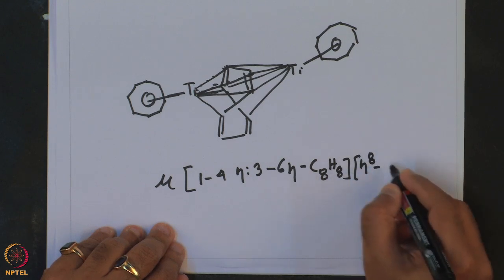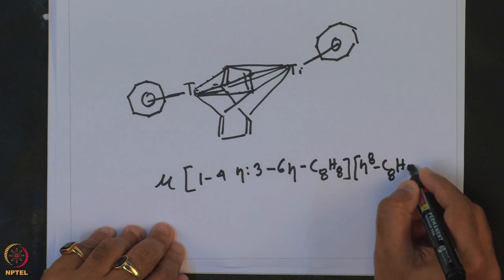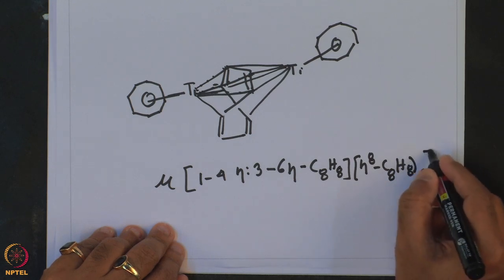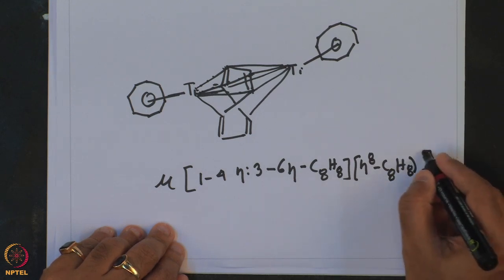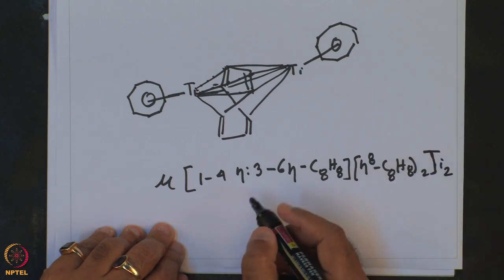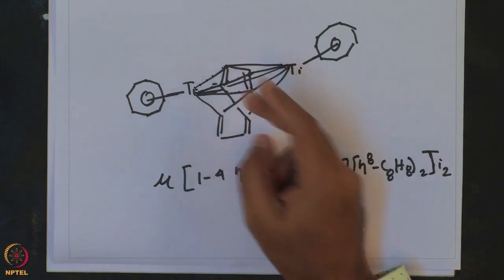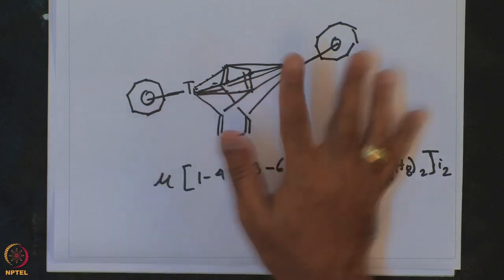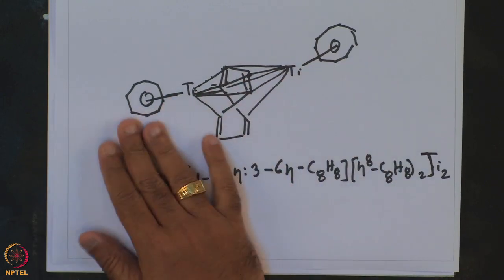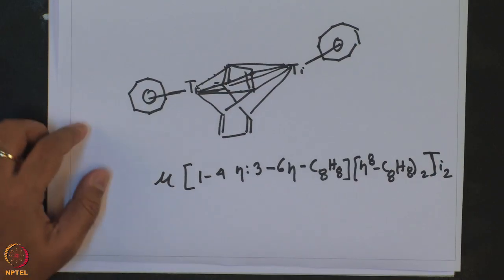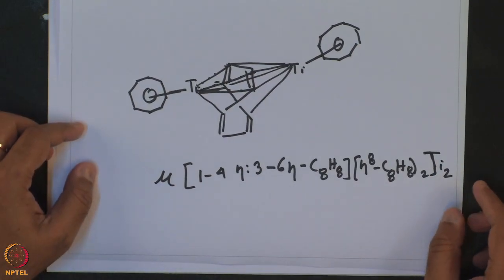Eta 8 C8H8 twice, titanium twice. So, this is an interesting compound in which a puckered eta 4 C8H8 binds to two different titanium, each of them is then bound to another planar C8H8 moiety. So, with this I would like to conclude today's discussion of our class, and then to summarize,